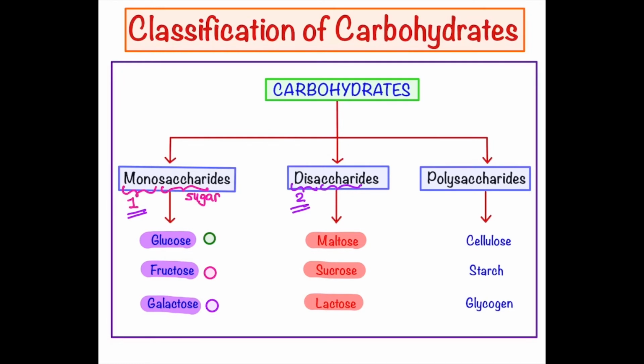Clear? Okay, so maltose is always made up of two glucose molecules, and those are two alpha glucose molecules. In the previous video about carbon compounds, I already discussed the structures of carbon compounds like alpha glucose and beta glucose. I am going to put the link here so you can click and check the difference between alpha and beta glucose.